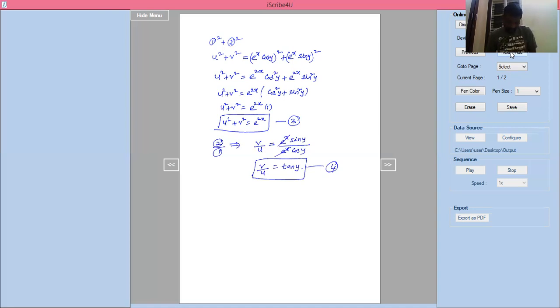Now I'll take case 1. Case 1. Usually we do this for every problem. If it is Cartesian, x equal to c1, y equal to c2. If it is polar, r equal to c1 is constant. If x equal to c1, meaning x is a constant, what will happen? Now x equal to c1, where c1 is a constant,